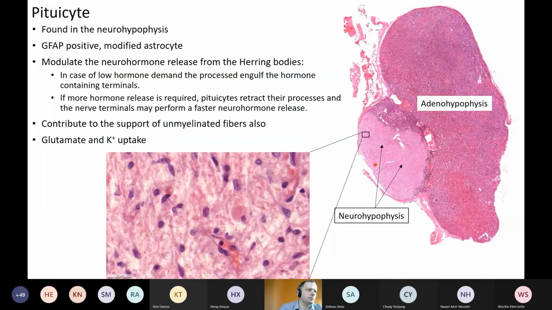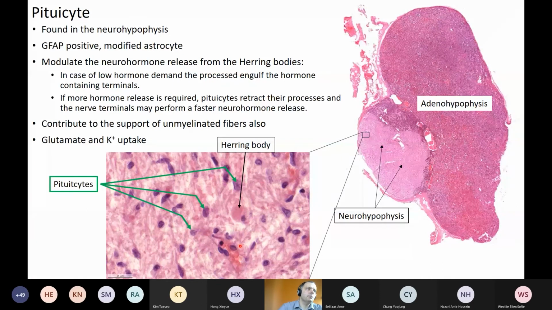You will get lectures about that. I don't want to explain you everything. I just have to talk about the glial cells today. But the hormone release from these Herring bodies goes into the blood vessels, which are found here. These are specific sinusoid capillaries. And the substances, the hormones which are released from the Herring bodies will go into the blood vessels if the pituicytes